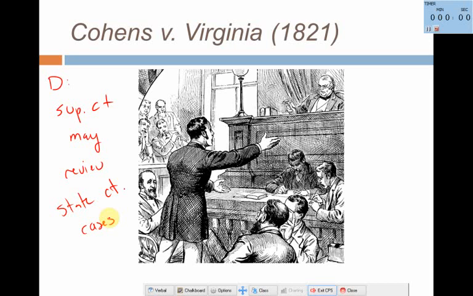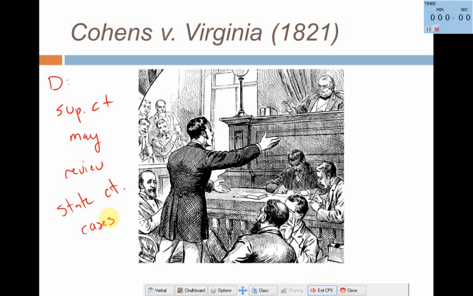Let me put it a different way. Let's say you want to buy a car. So let's say you like that blue car over there. Okay, it's a blue Honda, let's say. You want to buy that blue Honda. Now, you can't buy that car unless you ask your parents. So you ask your parents and you say, hey, can I buy that car? And they said, yeah, sure. And they agreed with you. But is the fact that they agreed the important part? The important part is what? You had to ask their permission first. Does that make sense, folks? Because what else could they have said? No, not that car. So the important part about Cohens v. Virginia is it made it explicitly clear that the Supreme Court may review state court cases.